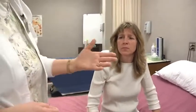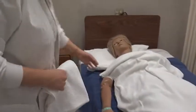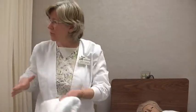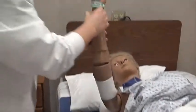Okay. All right. Then the last area that we're going to do is actually perform the breast self-exam itself. There are several different methods, and the one that I like to teach people, the easier one, is where you are lying down and you put a towel underneath your scapula. So I'm going to do this with the model here. And this seems to flatten out that breast tissue. So if I put the arm up,